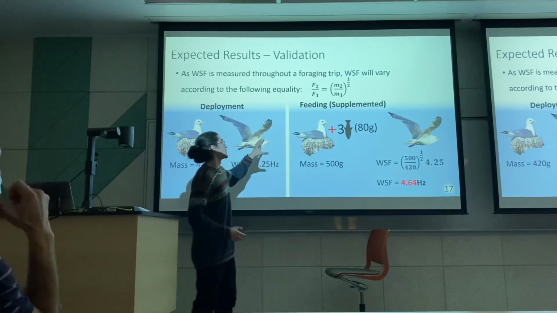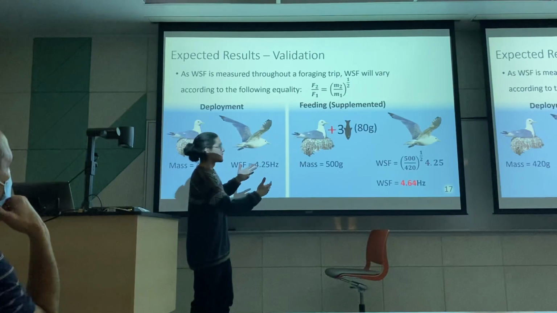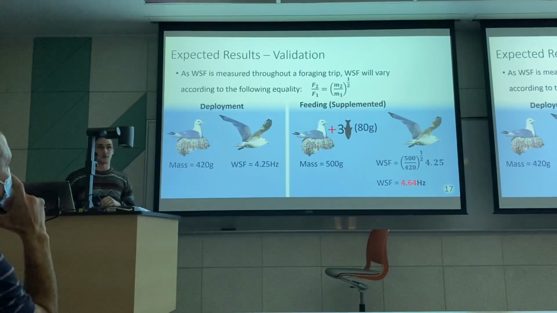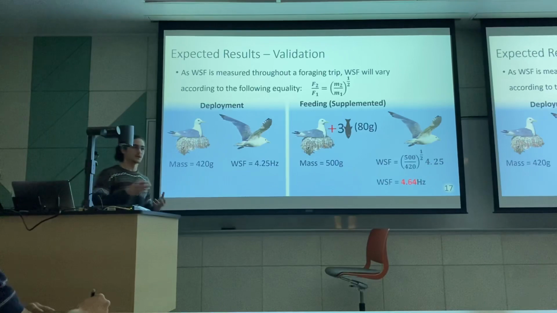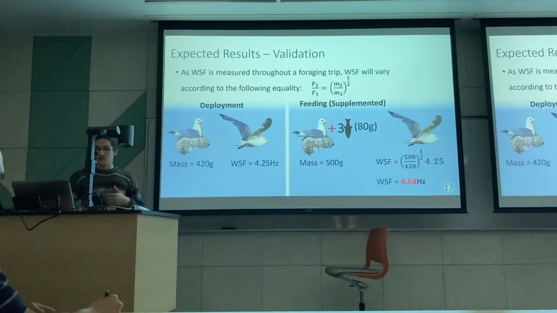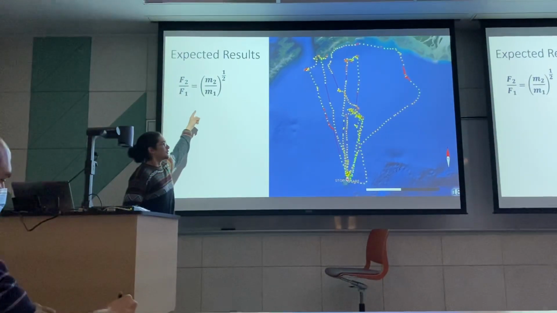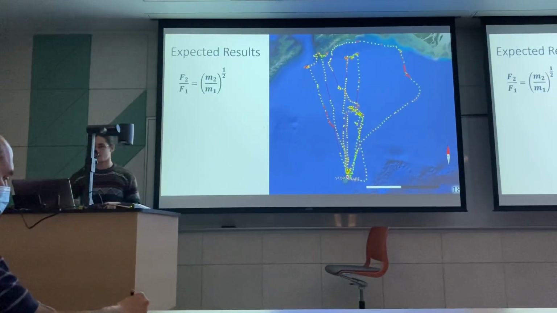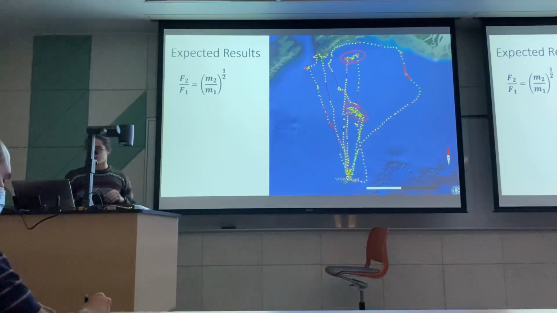So we have all this data. We have the wing stroke frequencies, we can measure them, and this is food supplemented. So we know the mass of the fish that they ingested. Now, if we don't have the mass of the fish, if we're looking to actually find that value in wild foraging seabirds, then we can invert that formula and isolate for M2, find the mass based on the wing stroke frequency. So here is another foraging map, and we can see some clustering here, here, there, and here,